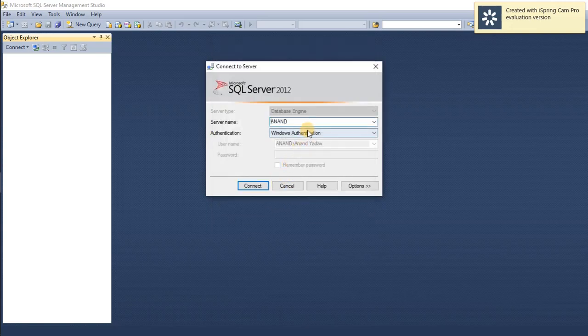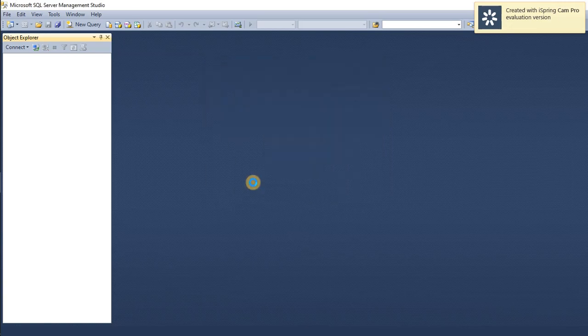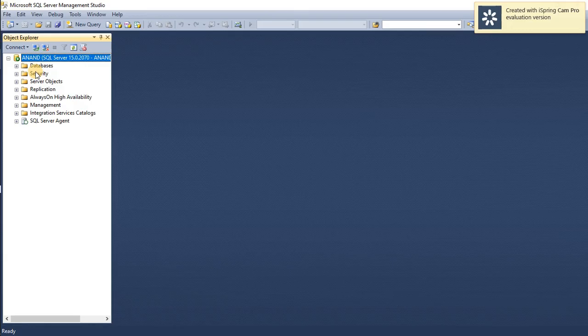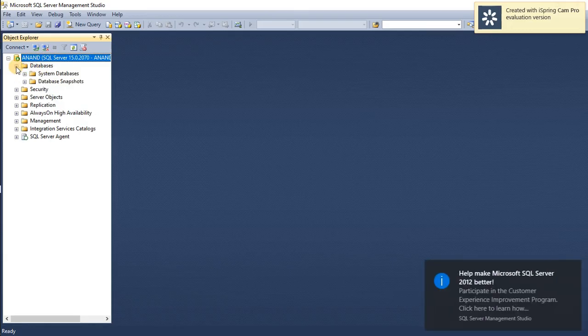Now we are using Windows authentication to connect to databases, so I'm clicking connect. You can see that we have connected to the SQL Server, and now just expand the database. As of now everything should be blank.